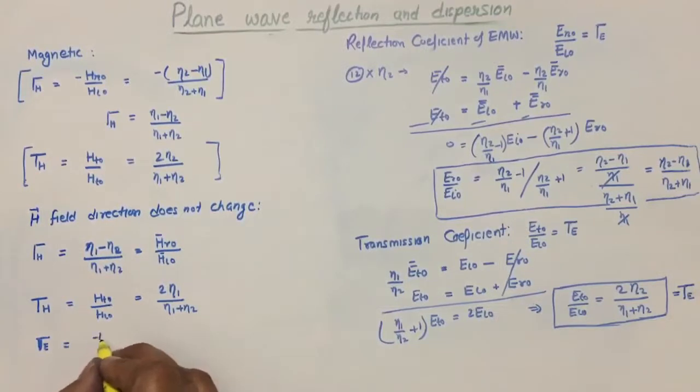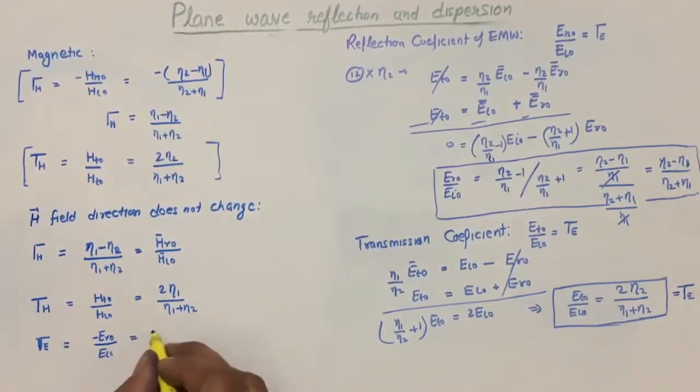It will be minus a reflection, because the direction will change in the case of the electric field. Then to make the propagation direction proper, it will be equal to the... I am writing just final findings, you can verify this on your own, and the transmission coefficient will be